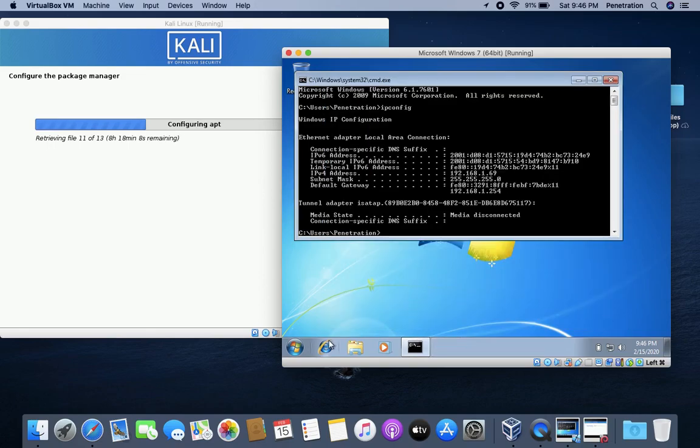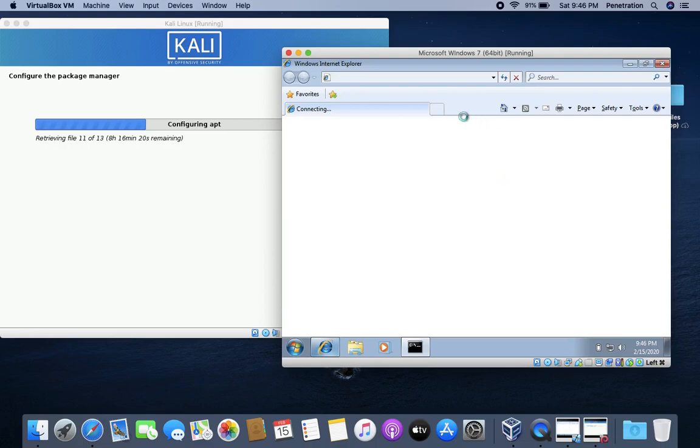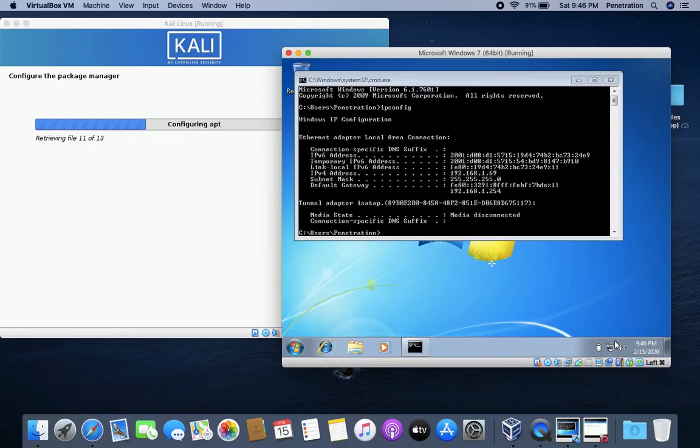Close. I'll try to browse. Yes, and then last step is to disable the